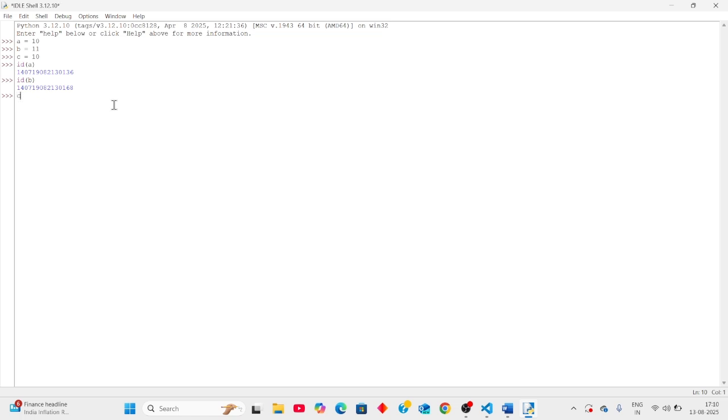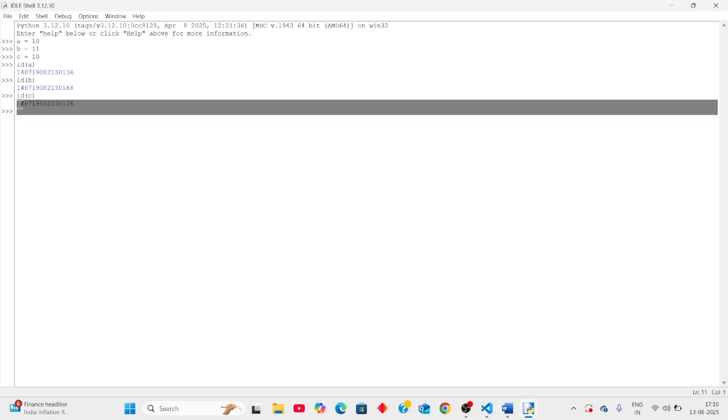Now we can see id of C. You can see it is the same memory as the A variable.